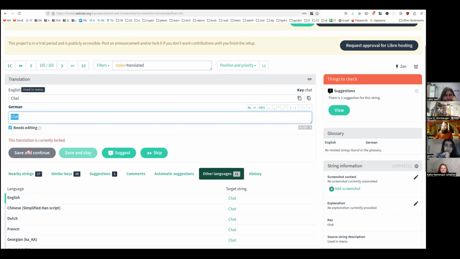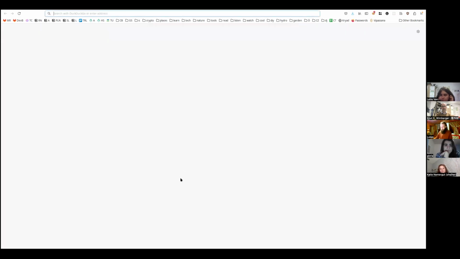Yeah, but I cannot translate it right now, and that's because we have found a bug in the translation software while working on this, and we've been communicating with the authors, and the fix is going to be released today, which is quite awesome. Let me just show you the